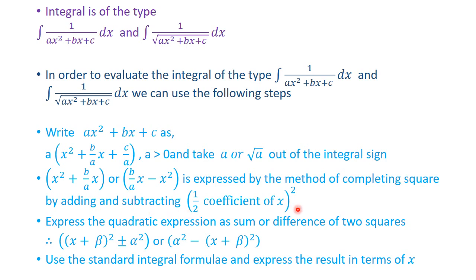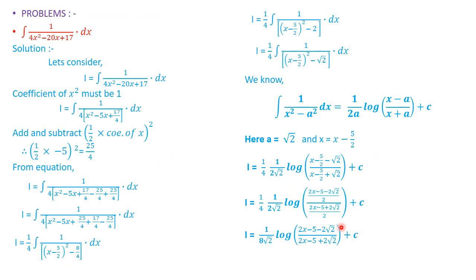Now if we do this, then we get the terms in this way. Now using the standard integral formulae, and for this let us consider one example to understand the above integral. 1 by 4x square minus 20x plus 70. Sometimes in theory you do not get anything, but if you see the theory with the help of an example, then you will understand it very easily and within a few minutes, a short time interval.